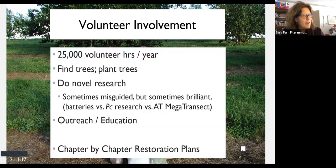As a foundation, we log about 25,000 volunteer hours per year, and people like you do all manner of types of volunteer work. Finding trees out in the forest, I'll talk more about that a little bit later. Planting trees, of course. It's incredible to me what volunteers have done in terms of research. There's really some brilliant things that folks who are, say, salesmen or teachers or engineers, I've studied forestry my entire